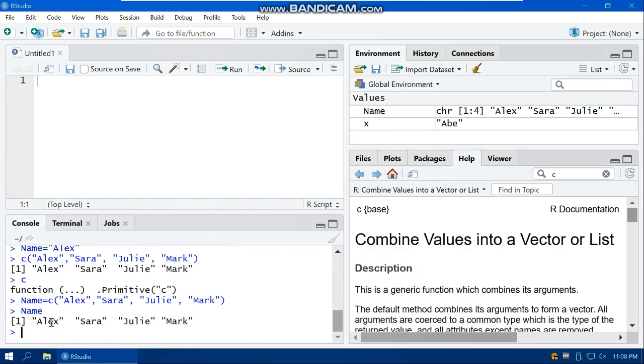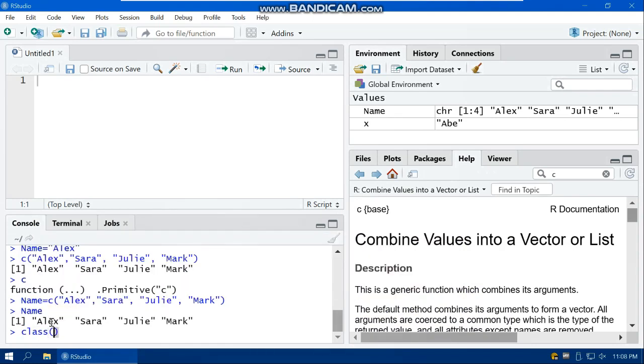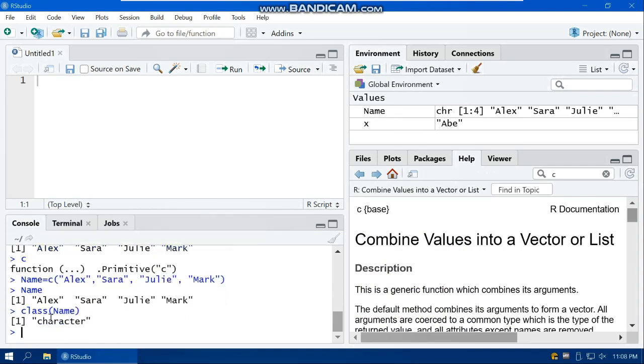And if you look at the class of name, the class of this object, it is character, because all of the values are characters. Keep in mind that elements in a vector have the same class, so all of them are characters. So that's the definition of the vector. It's one or more elements, and all of them have the same